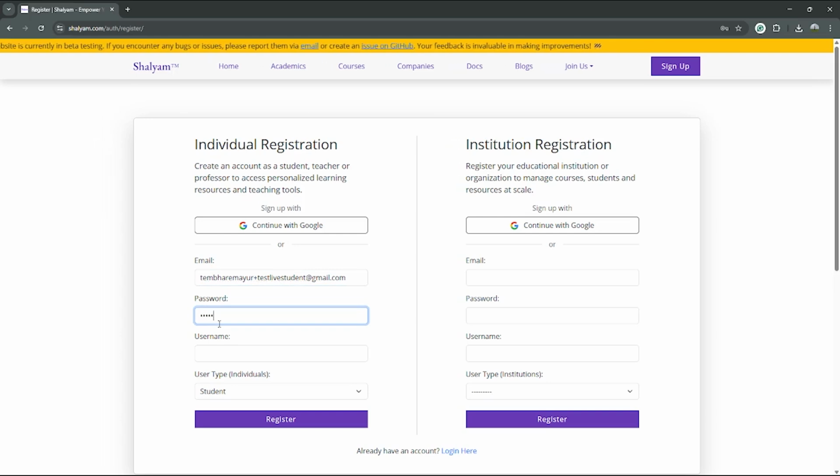Also, your password will be required, and the username. Okay, so I will suggest that everyone should have their username same as their email address, or you can select a random one. Okay. Please also be noted that only underscore is allowed here, not any special character. So we will be clicking here for the registration,